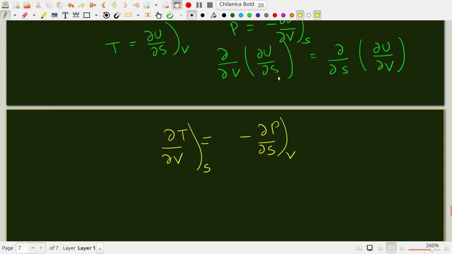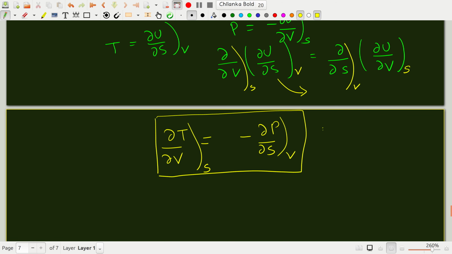because when I do this partial derivative, I'm keeping S constant. When I do this partial derivative, I'm keeping V constant. This is nothing but partial U partial S, again at constant V, and this is at constant S. So these are temperatures and pressures, that's why I just wrote them down. So you get this expression. This is called a Maxwell relation in thermodynamics. This is often used in thermodynamic applications, very profoundly used. This is called the Maxwell relation.